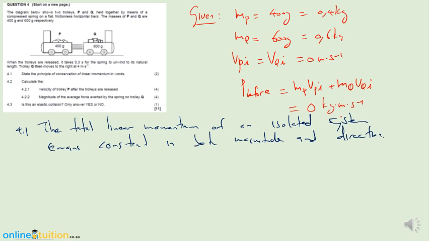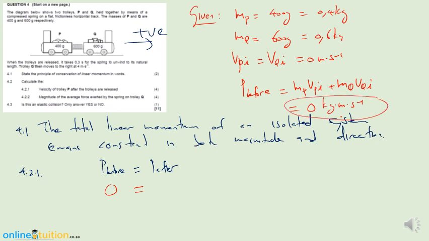Right, 4.2.1. Find the velocity of trolley Q after the trolleys are released. So we know that P before must equal P after. I'm going to choose to the right as positive. That's very important as well, choosing a direction. You must actually state that, choosing right as positive. So we know P before, we already said, was 0. Momentum after would be